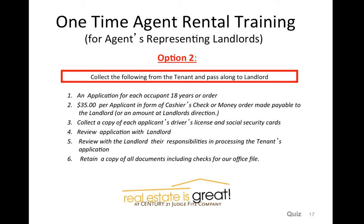You need to review the application with the landlord. You need to review the landlord's responsibilities in processing the tenant's application, and retain a copy of all documents, including a check for the office file. The administrative assistant has another email and again will send the landlord PowerPoint to the landlord so that they can be refreshed on mymove.com at the time of application. So we have two opportunities to send the PowerPoint presentation and the use of the rental screening process to the landlord: at the time we take the property in for rent, as well as the time we get an